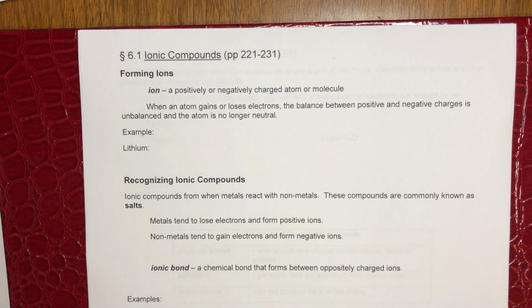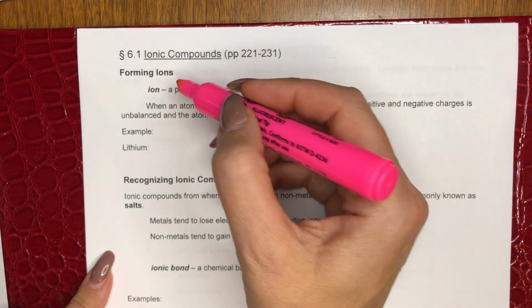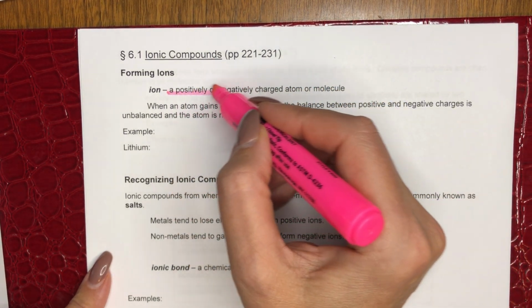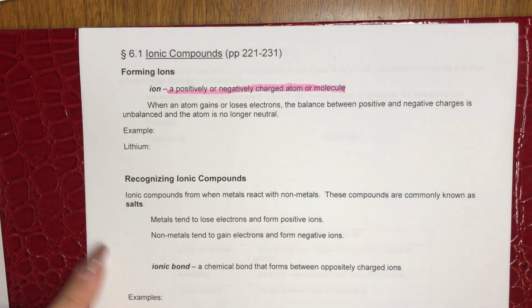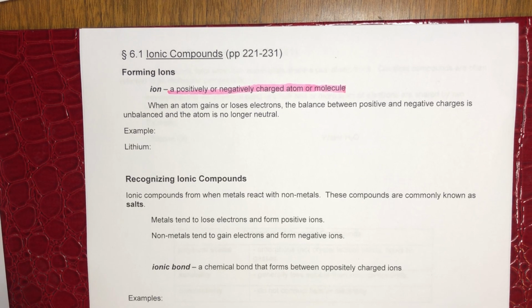Okay, in this section we are going to look at forming ionic compounds. So we have to first talk about what an ion is so that we can talk about how we form ionic compounds. An ion is a positively or negatively charged atom or molecule. When an atom gains or loses electrons, the balance between positive and negative charges is unbalanced and the atom is